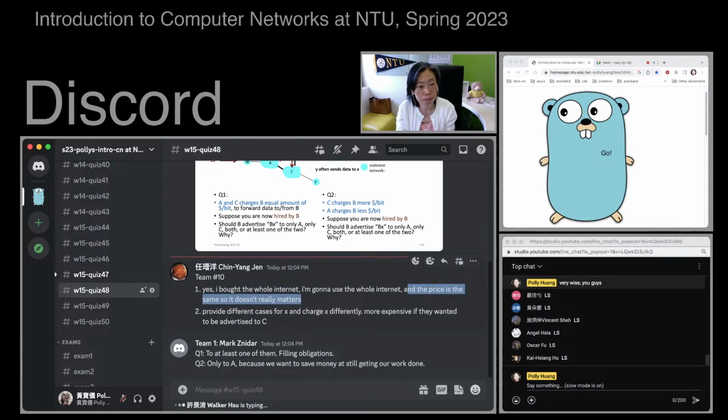And besides, the price is the same anyway, right? So whether C or A is forwarding the traffic, either way is fine. Now, for Q2,